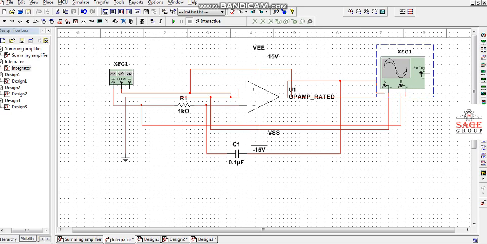So in this way we have completed the connection of the integrator circuit. This is the connection diagram of the integrator circuit in Multisim software.